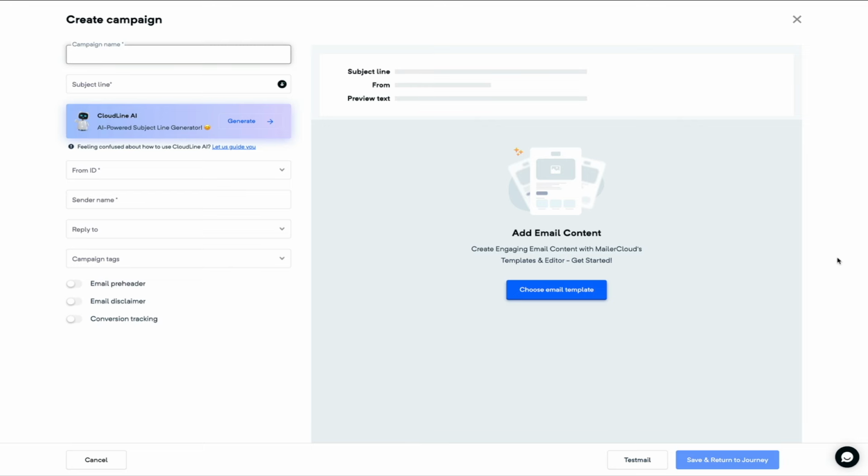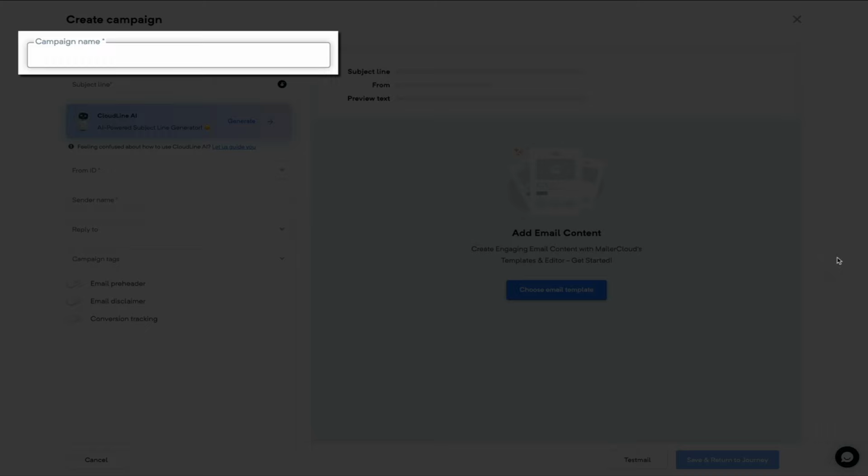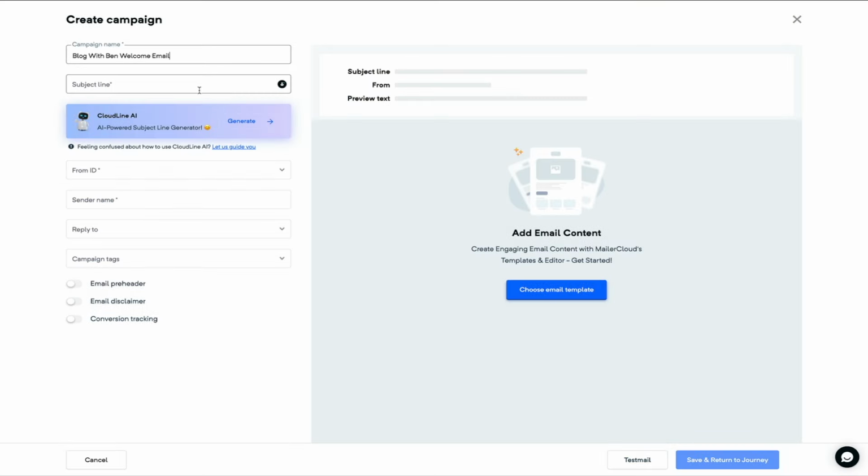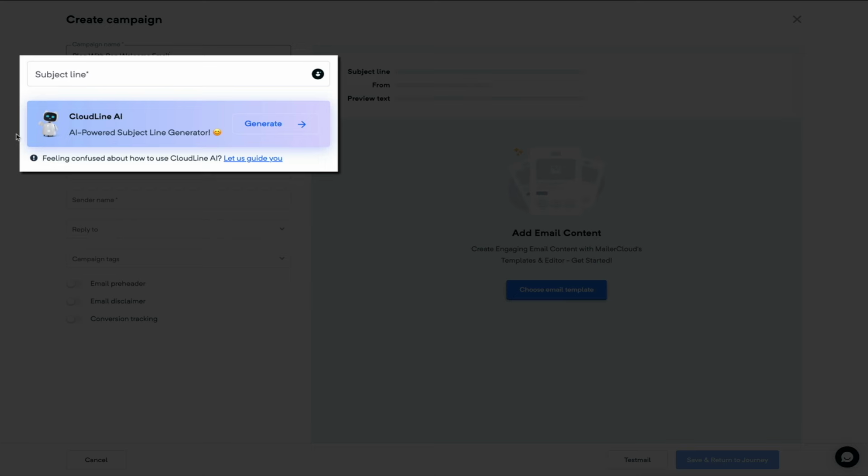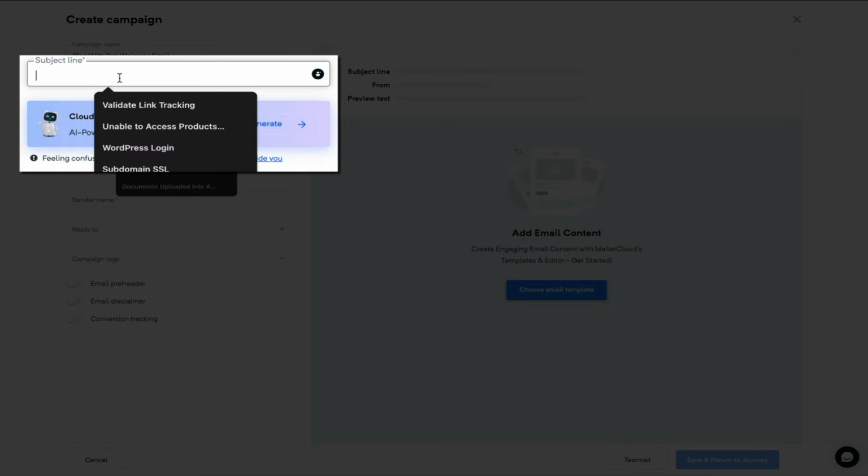So let's start by giving this campaign a relevant and concise name. So in that name field, we'll type the name of the campaign. Next, you want to choose an innovative, attractive, and tailored subject line to your target audience. And if you look below the subject line field, you'll see Mailercloud's new AI assistant. Now, we're not going to use it in this video, but clicking on that will give you access to their AI writing assistant that will help you come up with copy for your subject line if you're having some writer's